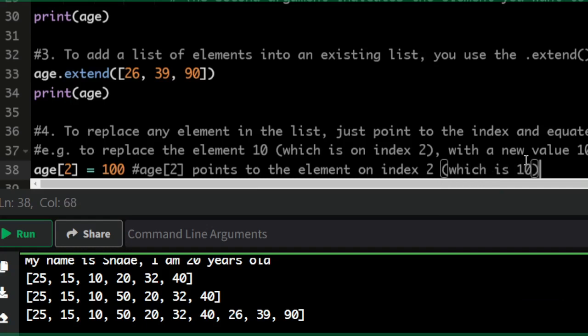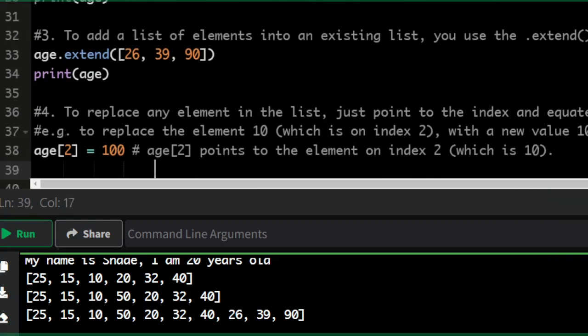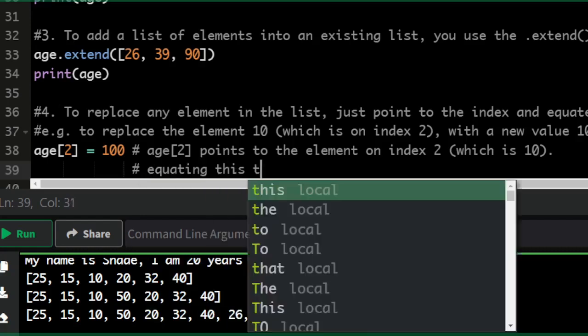You understand? So then equating it to 100, equating this to 100